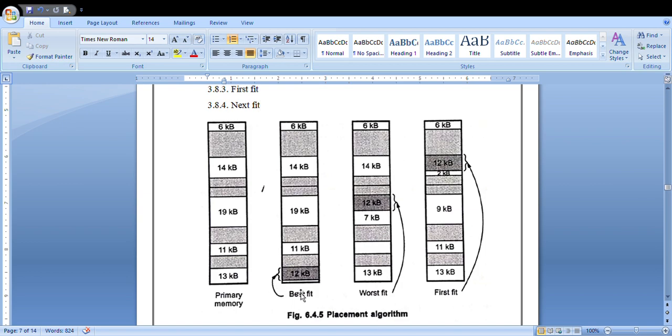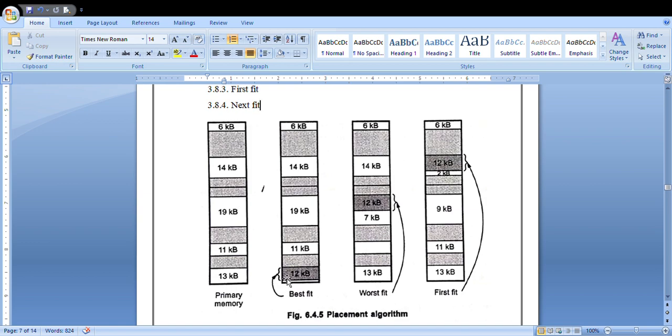In your best fit, if you want to store a 12 KB process in the memory, it will always consider the nearest value. As I said, 14, 19, 11 and 13 are the free memory slots.